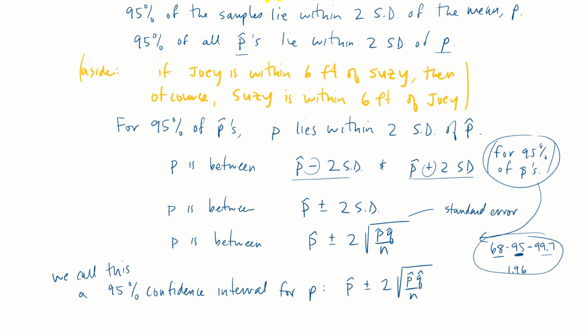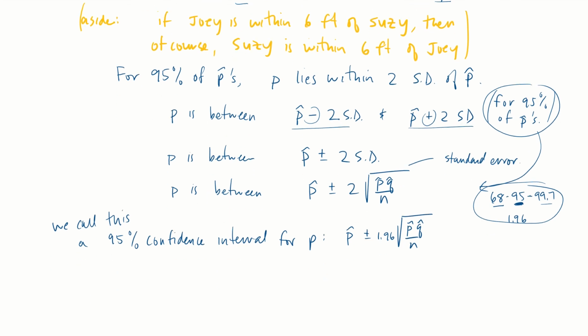So instead of saying 2, I'm going to use 1.96. In fact, let's leave it at that for right now, because we're going to change that, because this is specifically for 95%. What if I want a 99.7% confidence interval, or a 90%? Well, for this problem,